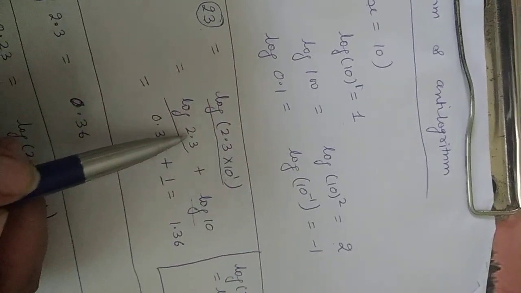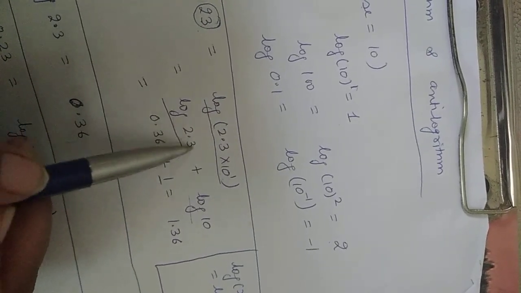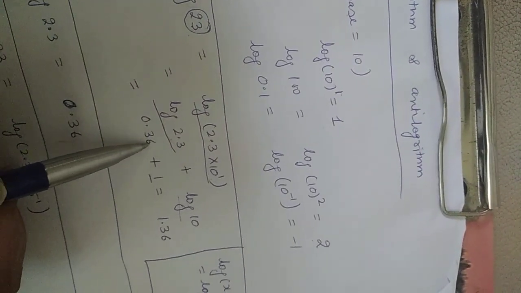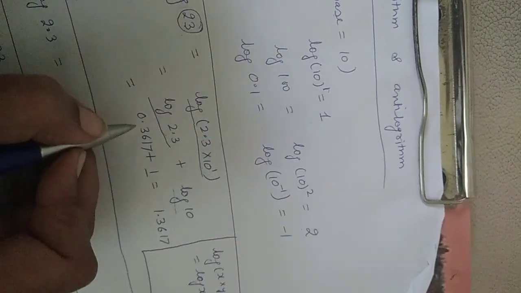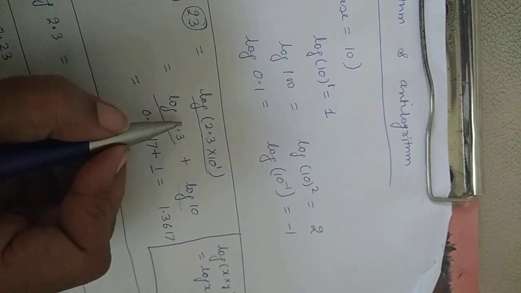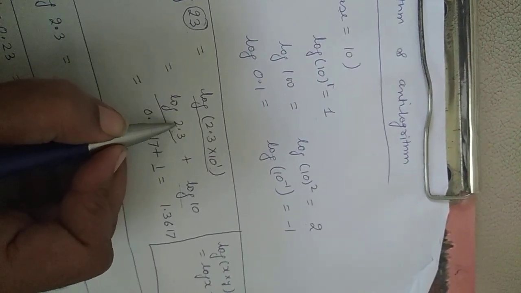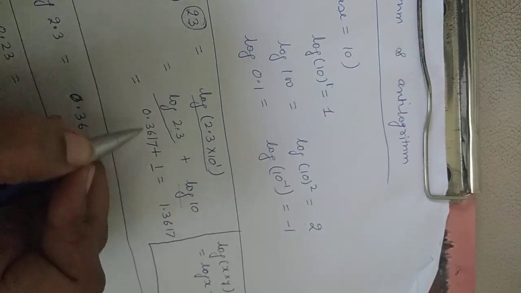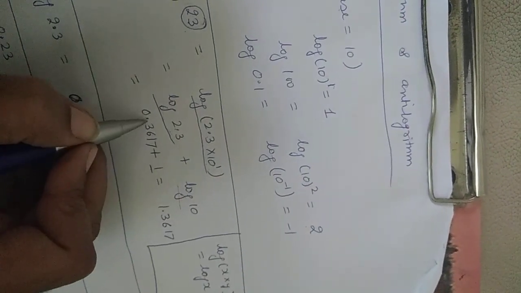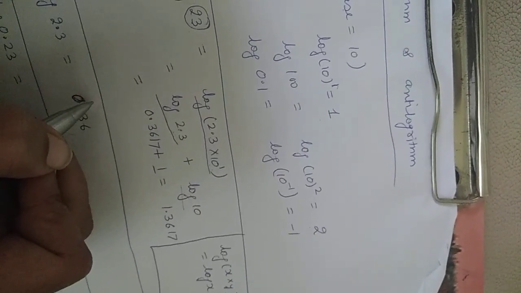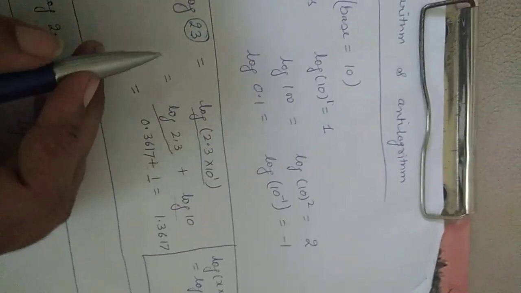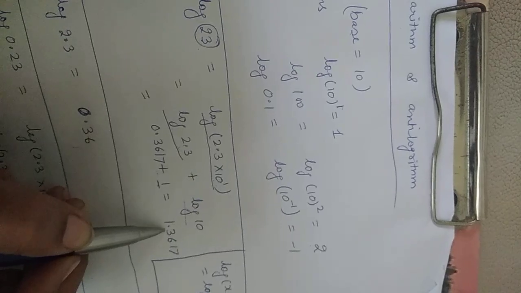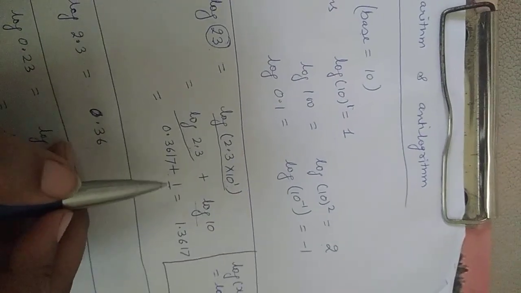So we will not write 2.3; we will first write the value for 23, which was 3617. I did not write up to that many digits, but if you want, you can write them as well, no problem. Now what do we do with this point? Since I had already converted everything to scientific notation, it is very simple: you just add a point in front of 3617. And plus 1 was already there because of log 10. So log of 23 is 1.3617.